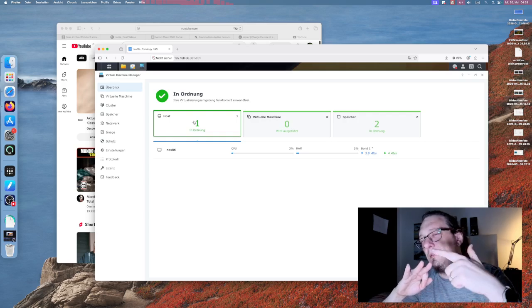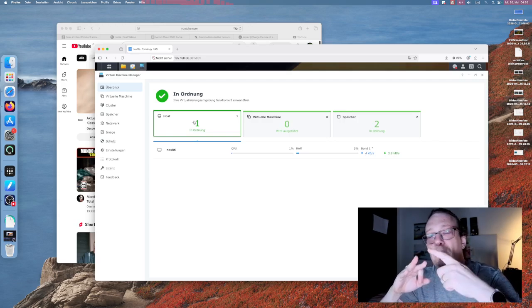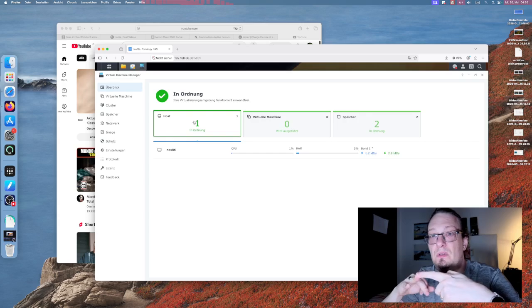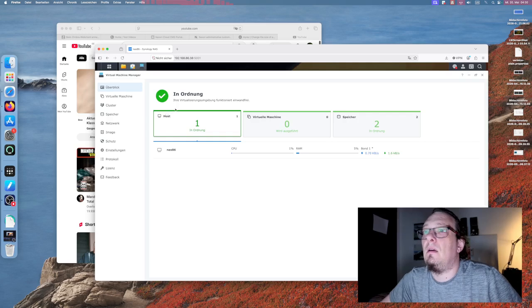And the Synology is still going to force you to have an IP address on this interface, even though it's a virtual switch and you don't want to use it. So you're going to have a dummy IP address, which is not going to have any services exposed. So your DSM is not going to be available on that. Your DSM is going to be on the management IP. Sorry, that was so complicated. On the management network interface. Okay, so once you have a virtual NAS running on this thing, you can set up